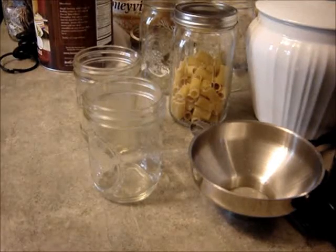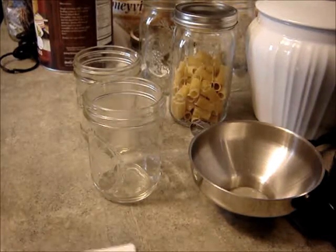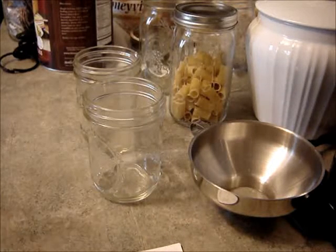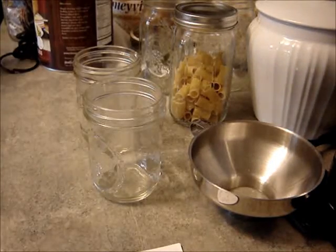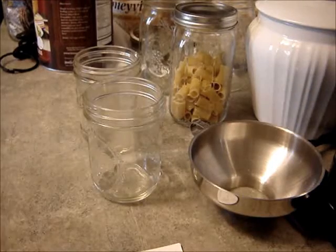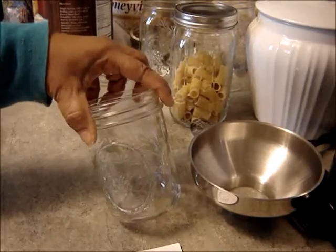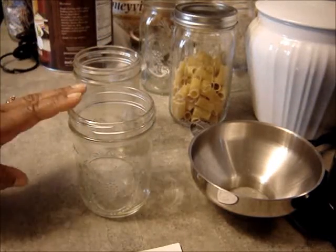Okay, so I decided to improvise the last two recipes a little bit because they call for mushrooms, which I know I don't have. So what I'm going to do is, instead of opening up one of my number 10 quick cook red beans, because that's what it calls for, I'm actually going to put everything in the pint size jar. I'm going to put the hamburger, I'm going to put the onions,